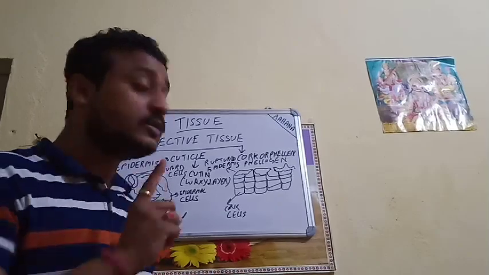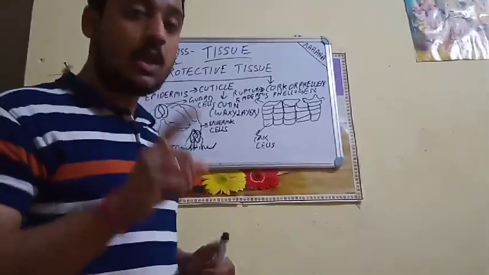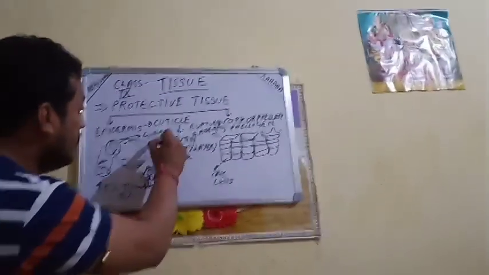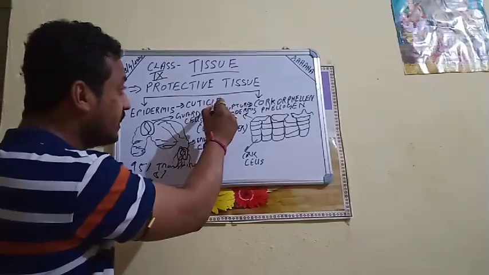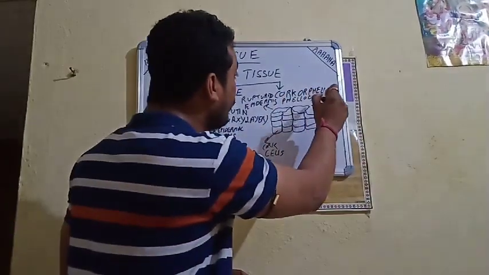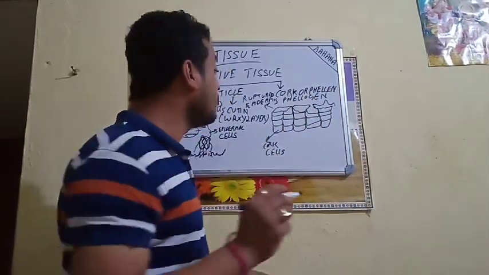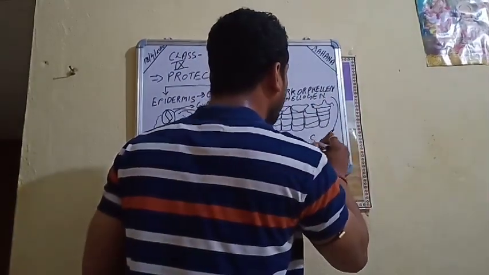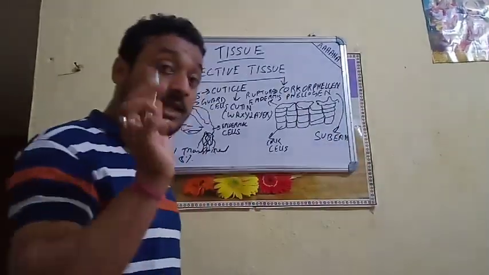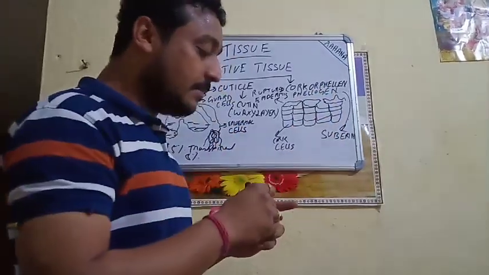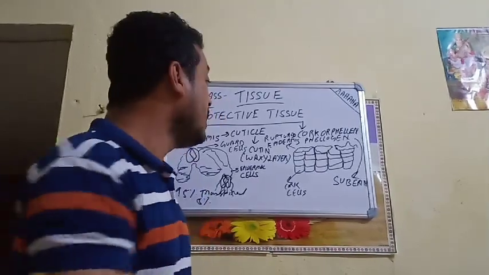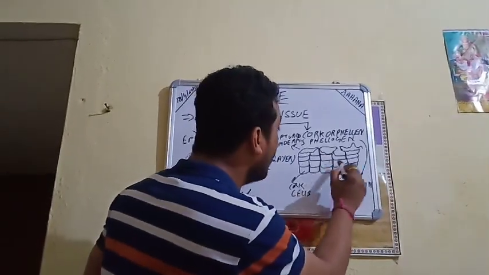Now, what is the main function of this cork? At first, what we said, the epidermal layer has the material cuticle, and that cuticle has cutin, which is very much waxy. Here, this cork is having one material known as suberin. This material is also found in onion. So this suberin material makes the cells of the cork very much tough. See, this is the rough diagram of the cork.